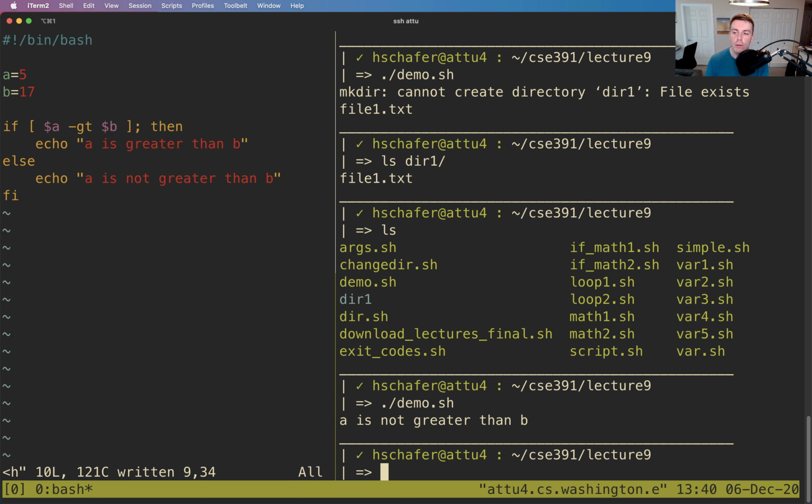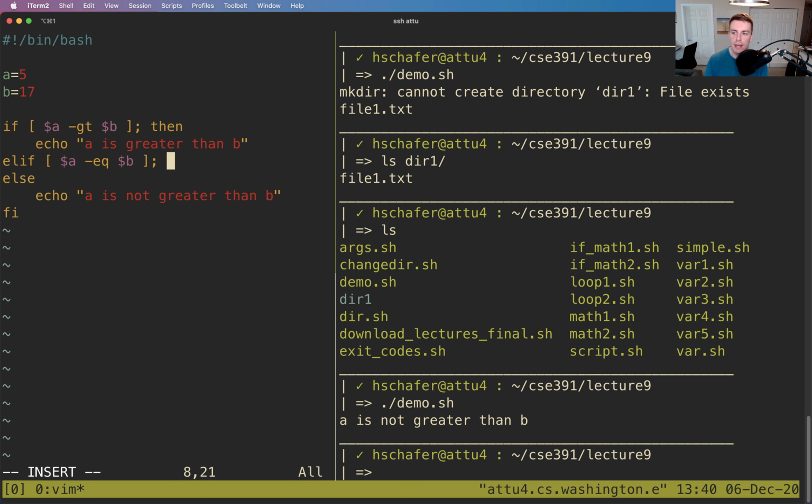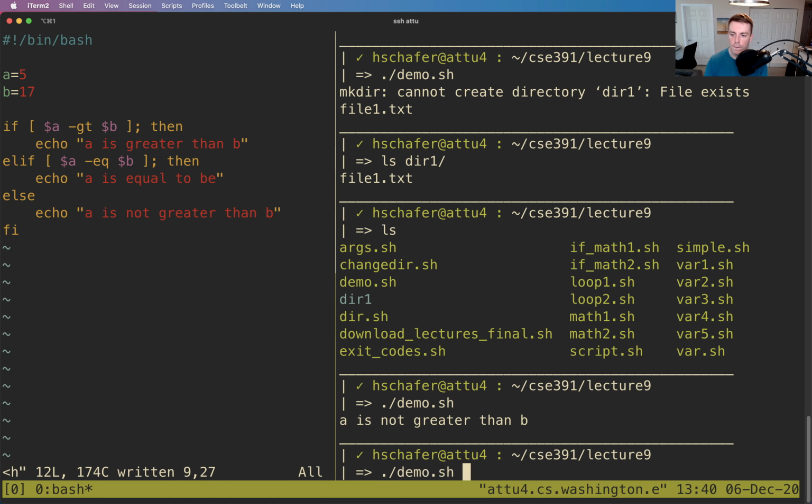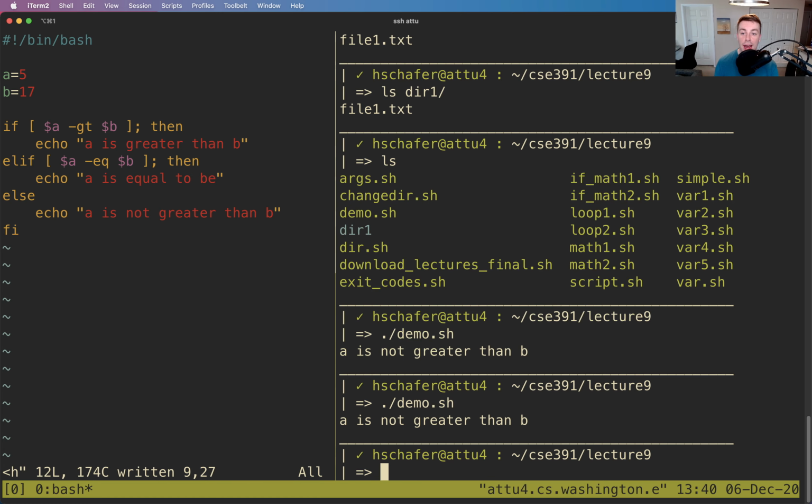You can also totally do else if, but in the world of Bash, they call it elif. And then it's just like an if statement in some sense. So you could say if A is equal to B, then echo "A is equal to B". And then you can run this. So yeah,